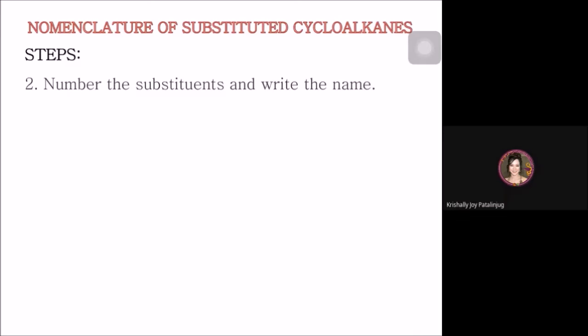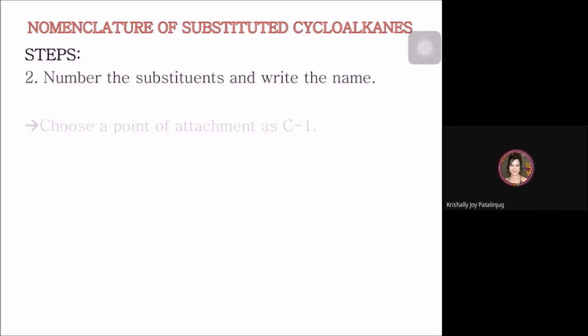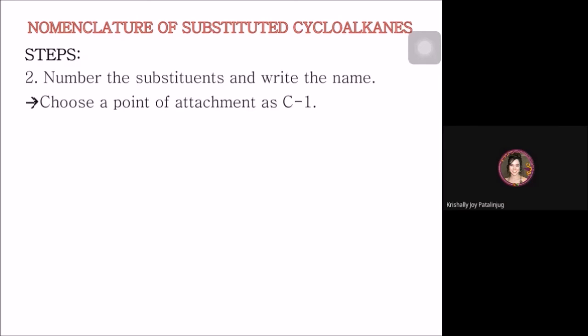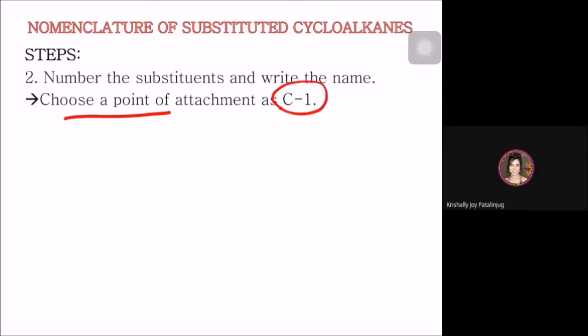Okay, we number the substituent and write the name. Those are just the general, two main general steps in naming substituted cycloalkanes. So how do we number substituents? You have to choose a point of attachment as carbon 1. For alkyl or halo substituted alkane, for example,